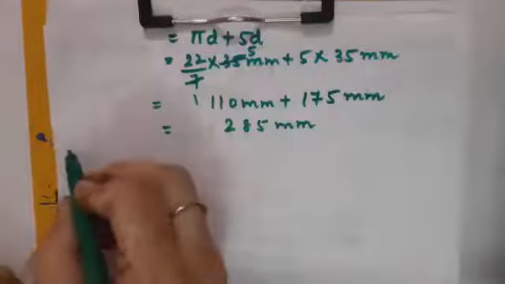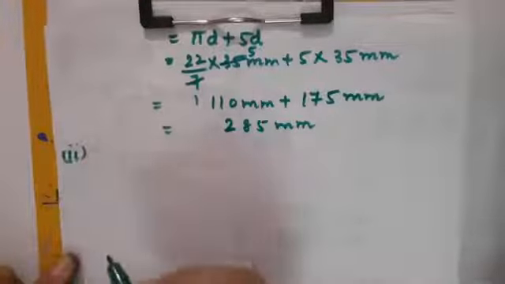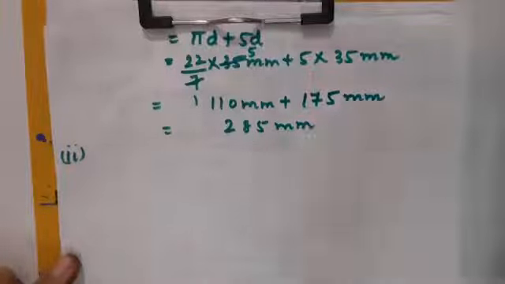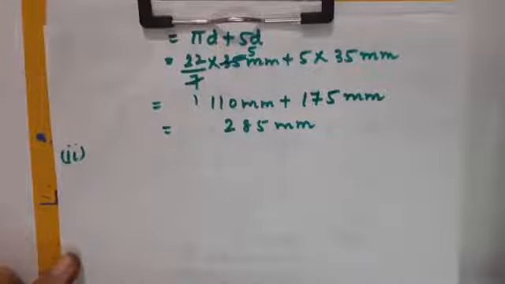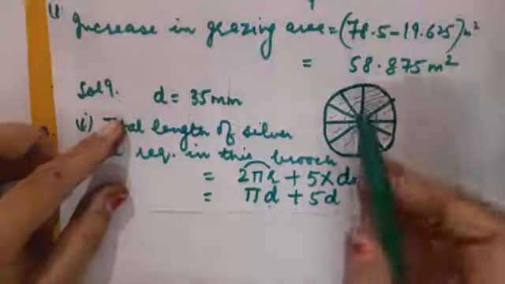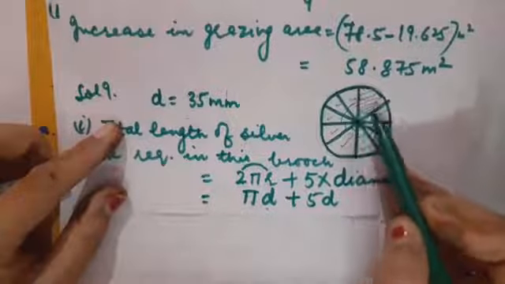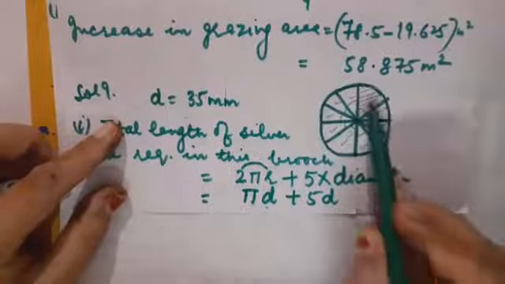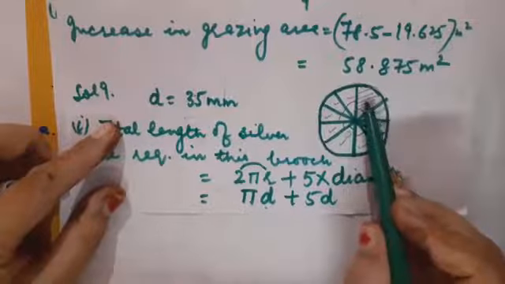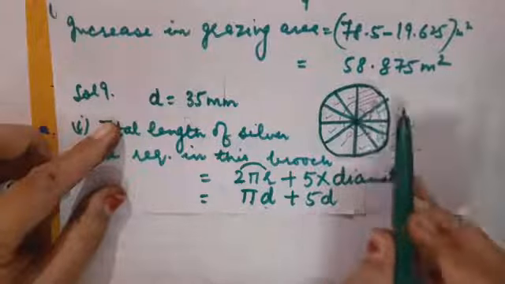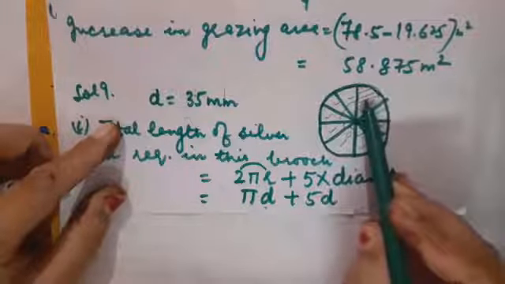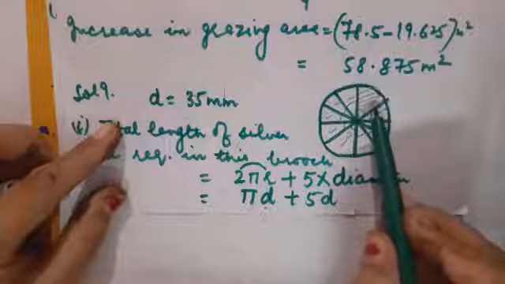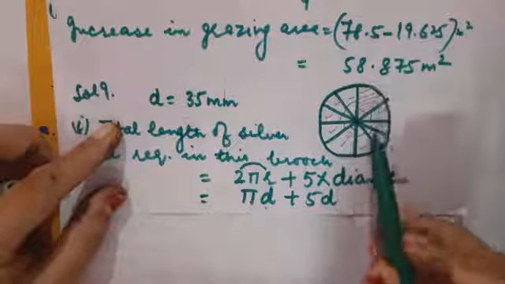Now children, I will be switching to the second part. In second part, we will have to calculate area of each sector of the brooch. Let me show you the figure. Here you can see that there are total 10 sectors formed. If all sectors are equal, if I calculate the area of one sector and multiply it by 10, I will be able to come to know the total area.